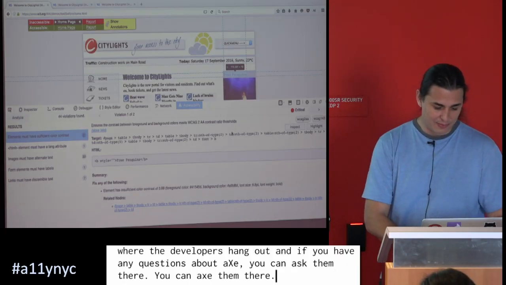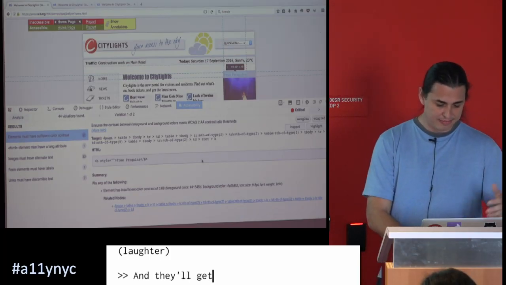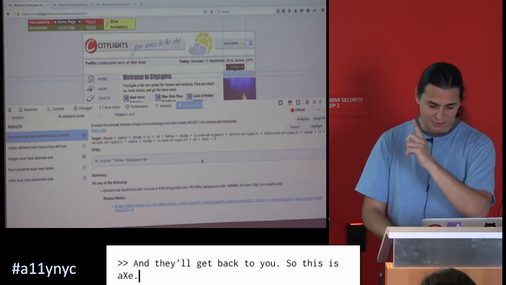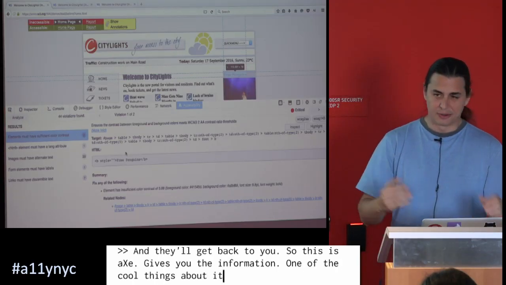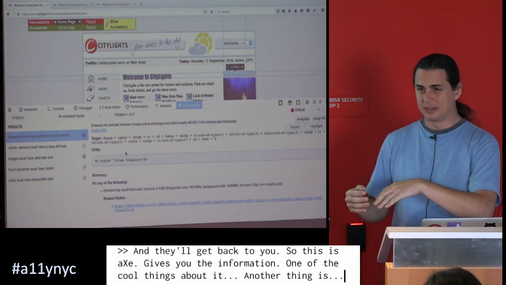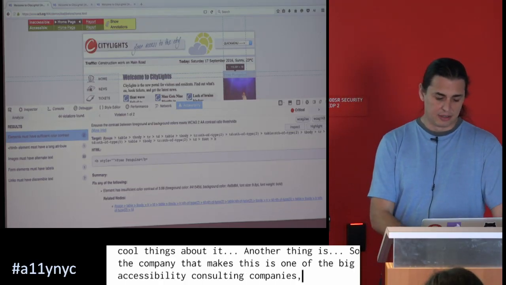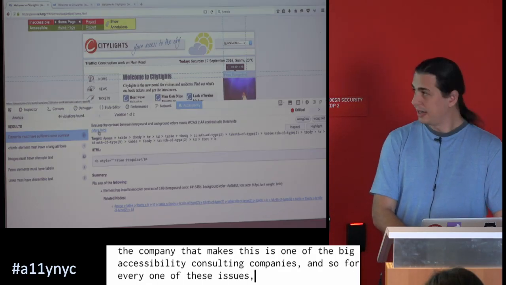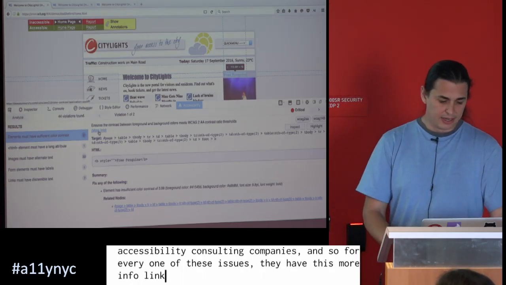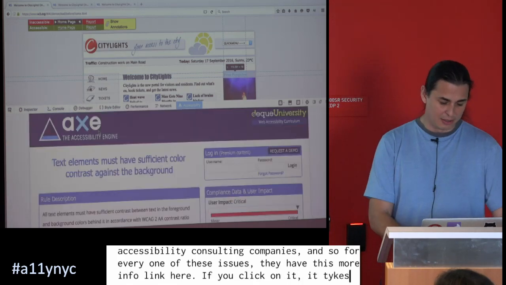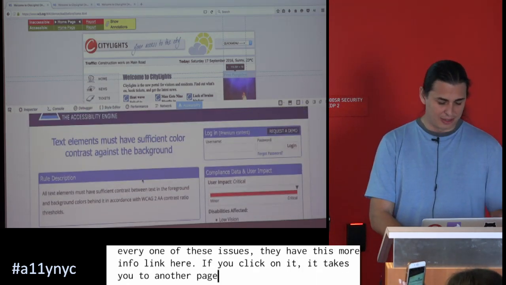All right, so this is Axe. It gives you the information. One of the cool things about it, another thing is, the company that makes this is one of the big accessibility consulting companies. And so for every one of these issues, they have this more info link here. If you click on it, it takes you to another page, which I've noticed starts kind of putting you here